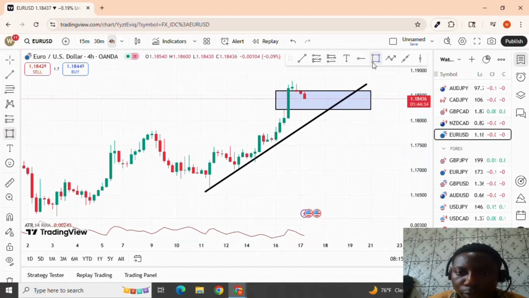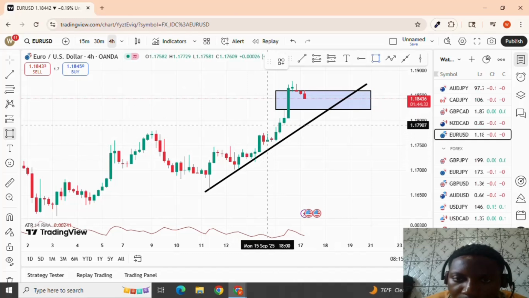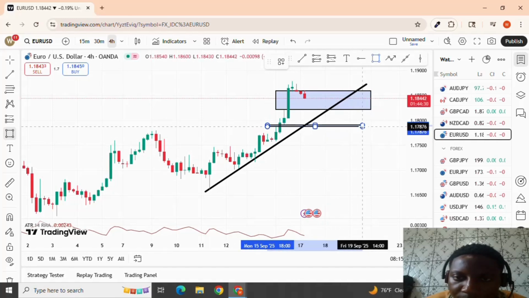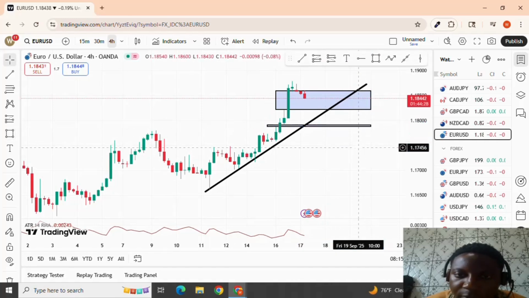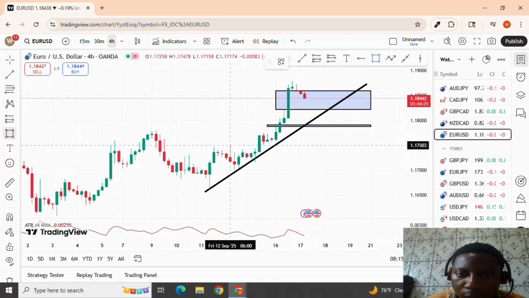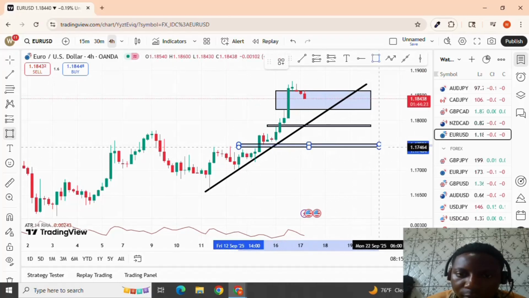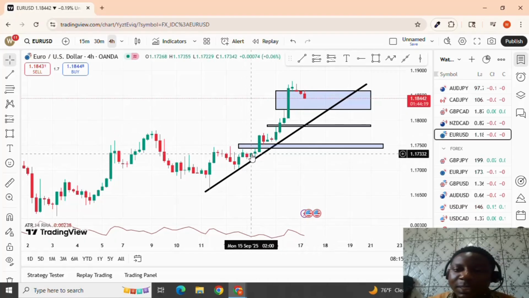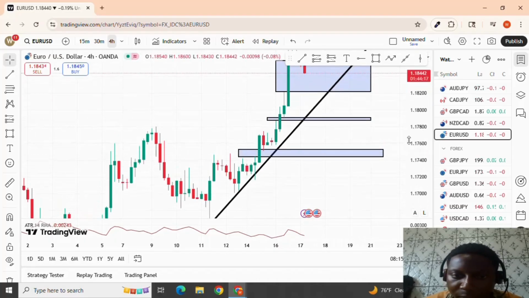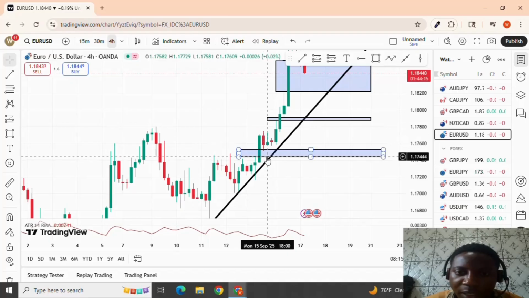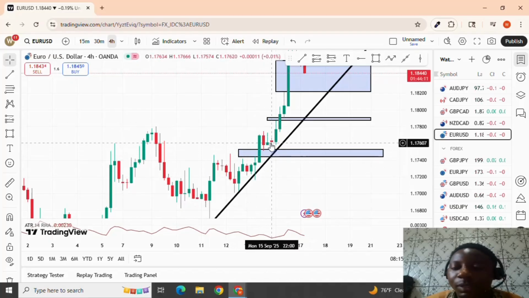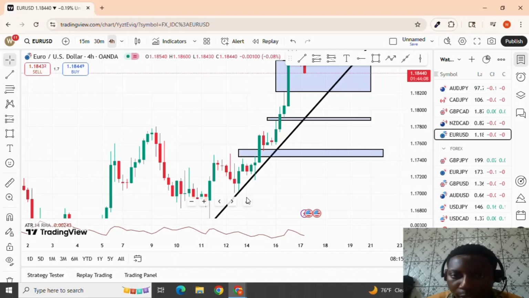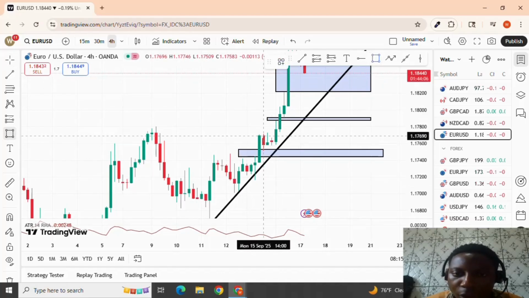Another bullish fair value gap will probably be this one. It's very minute, but it's still there. That's a bullish fair value gap. This is a bullish fair value gap. So as you guys can pay attention, you'll probably realize that price went up, created this fair value gap, then came back for the retest. You didn't really touch it, but you get my point though. And we're moving forward. Another bullish fair value gap,